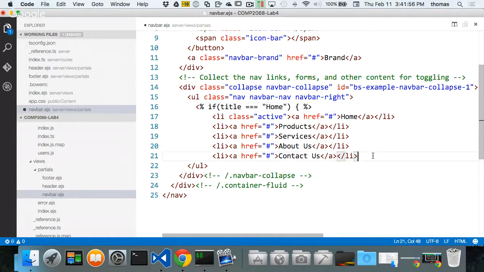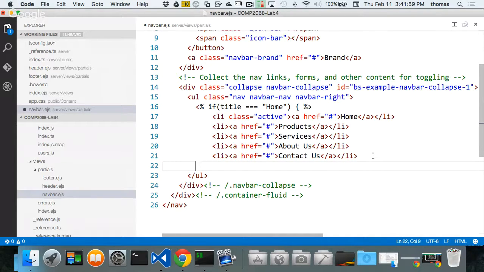And then on the bottom here, this is a conditional, <% close bracket, a close curly brace, right? Else if title, you can see what I'm going to do now, is equal to products, right? Because products is the next one. Then